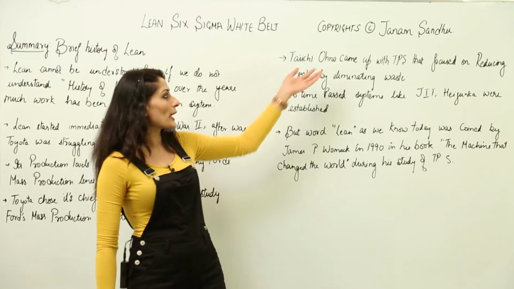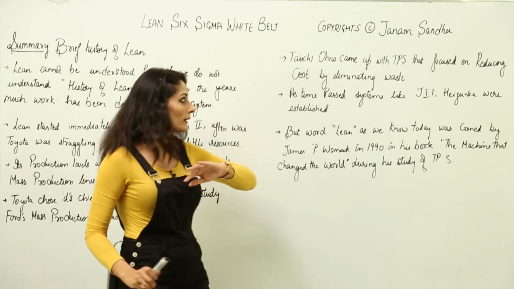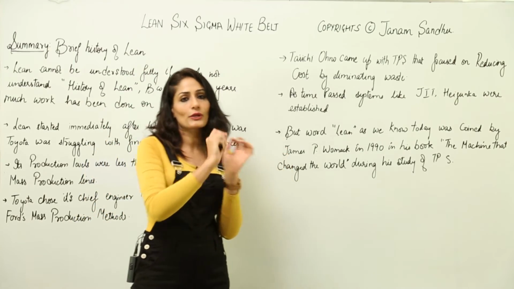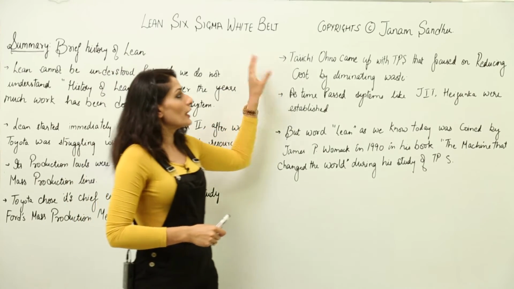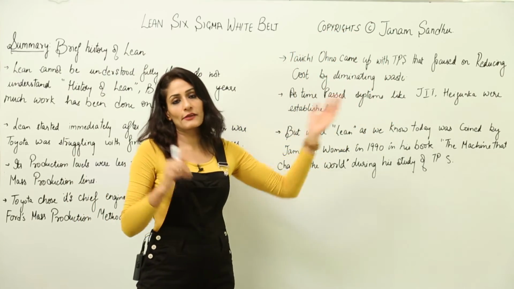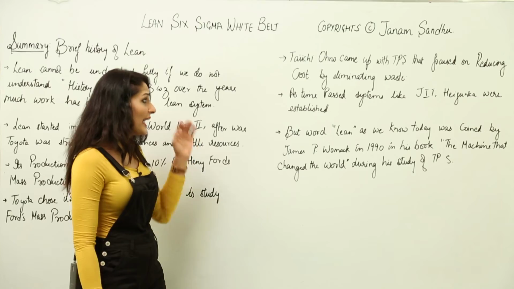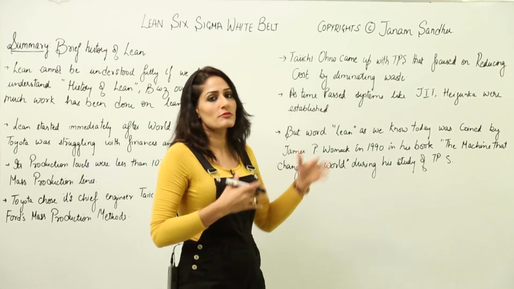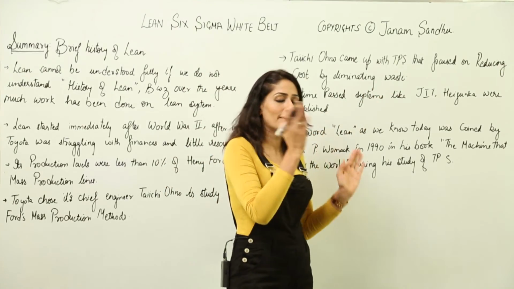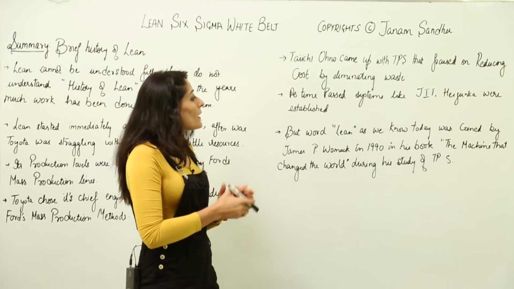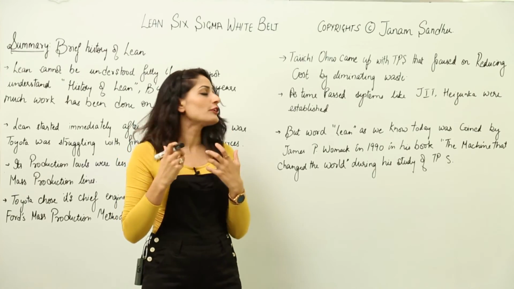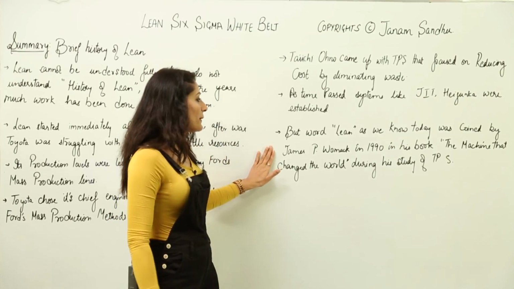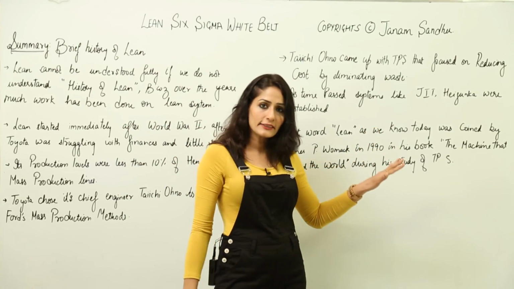Taiichi Ohno came up with TPS, the very basic one, and the focus of TPS during that time was to reduce cost by eliminating waste from their systems. Then gradually, as time passed, he established many systems like JIT and Jidoka, and added those to the TPS system. But the word Lean as we know it today was not coined by Toyota, it was coined by James P. Womack in the 1990s in his book